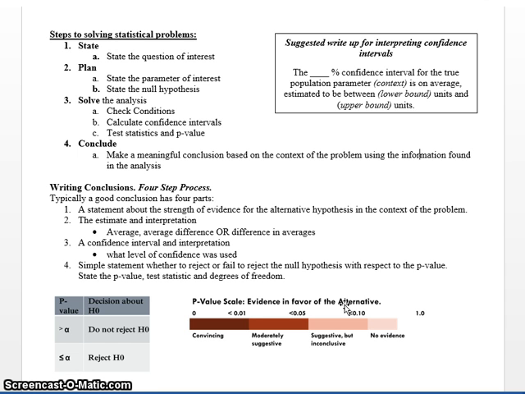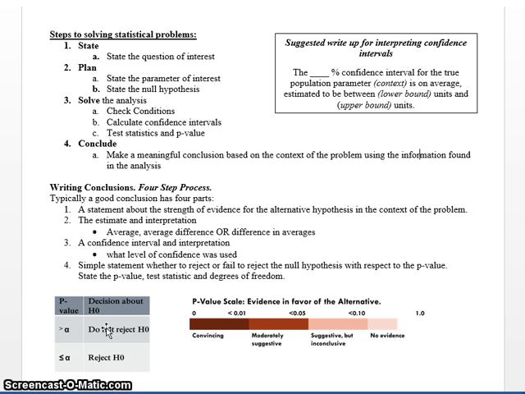And lastly, this is then the simplest of the statements, and that is whether or not we're going to reject or fail to reject the null hypothesis with respect to our p-value. So whether or not our p-value is smaller than our significance level, then we're going to reject the null hypothesis. If it's greater than our significance level, then we're going to fail to reject the null hypothesis. So this is then the 4-step write-up in which I'd expect you guys to be able to do for your